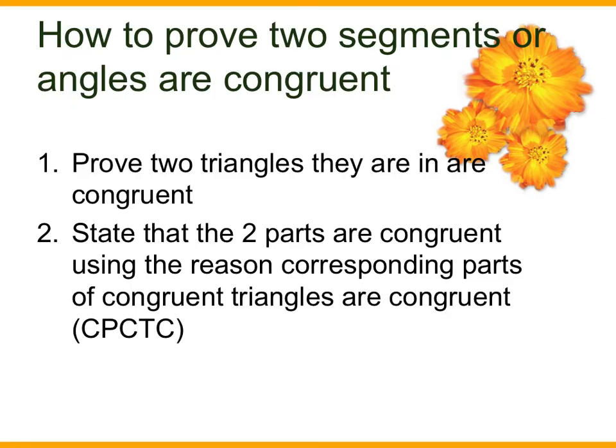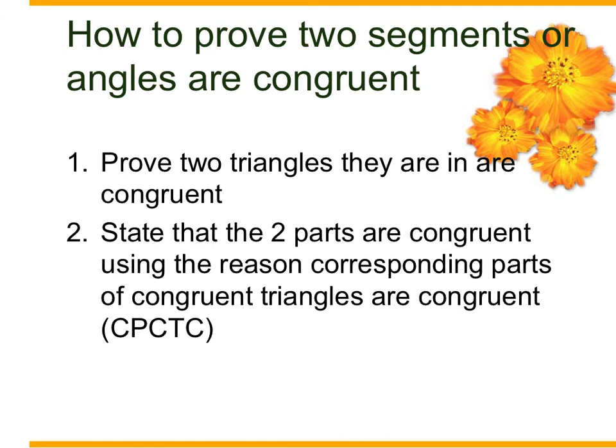So in this lesson, after we prove two triangles are congruent, we're going to go back, and any side or any angle that does not have a congruency mark, we're going to be able to prove those two angles or sides congruent by using this acronym here,